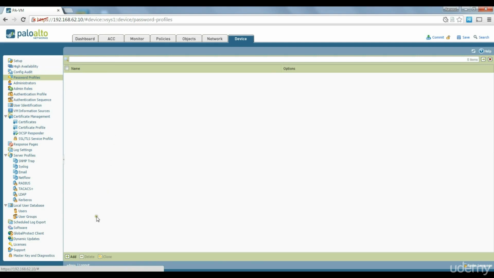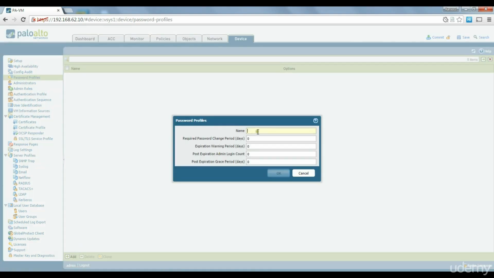Password profiles, you could specify password profiles. So we're just going to set up a password profile called my password profile. We just want to say every 120 days, for example, passwords must be changed. 20 days before expiration, we just want to do a warning,